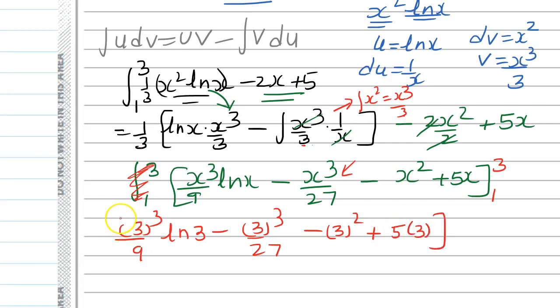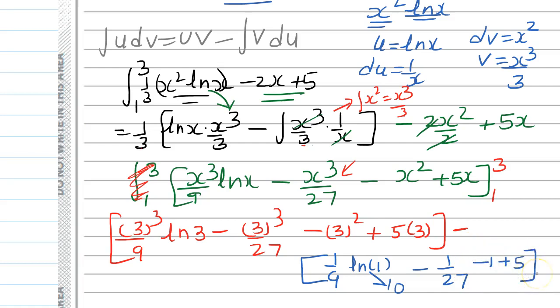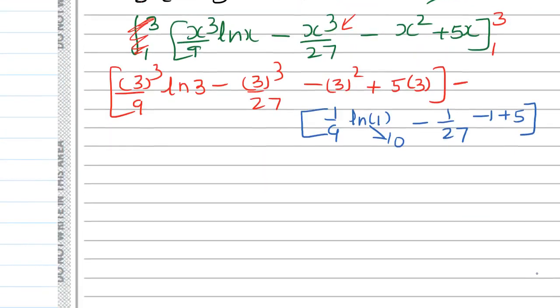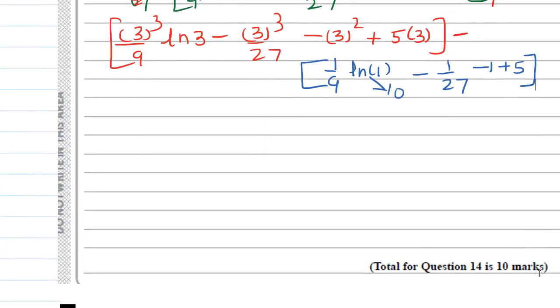So this is in one bracket, and then minus sign, in another bracket we are going to write down 1. Okay, so 1 over 9 ln 1, and ln 1 will be 0, minus 1 over 27, then minus 1 and plus 5. Okay, so if we solve this, so we get